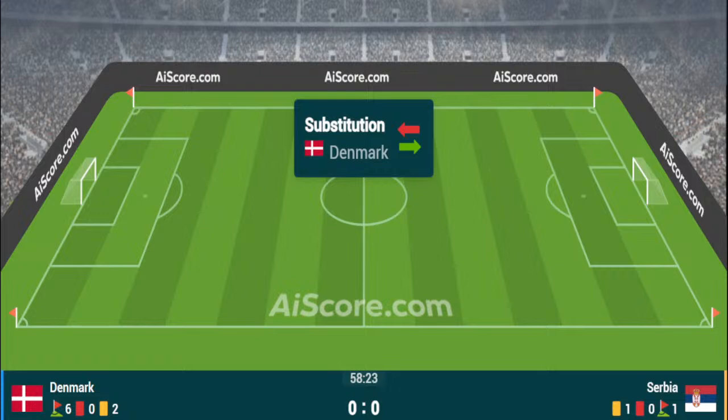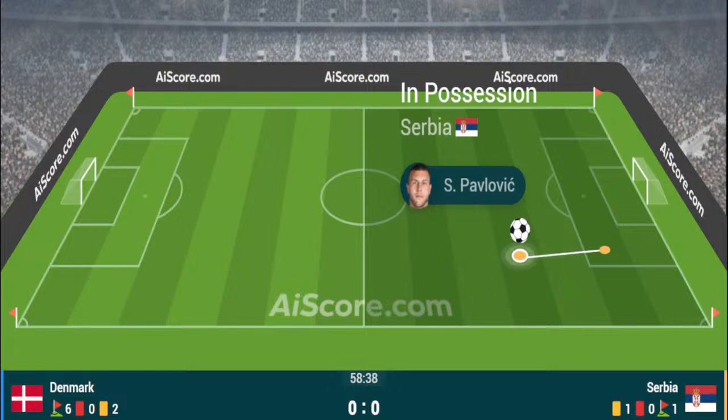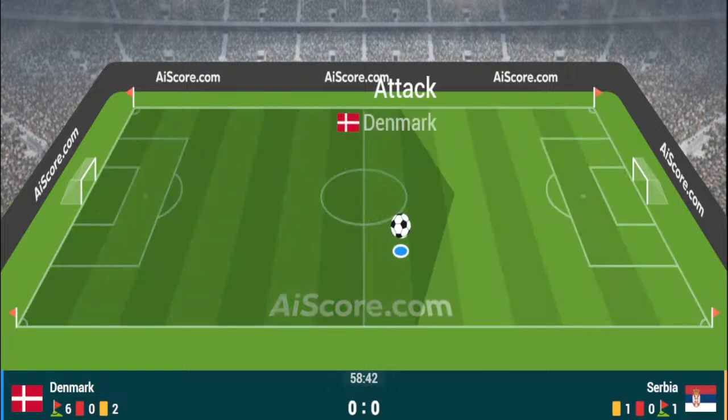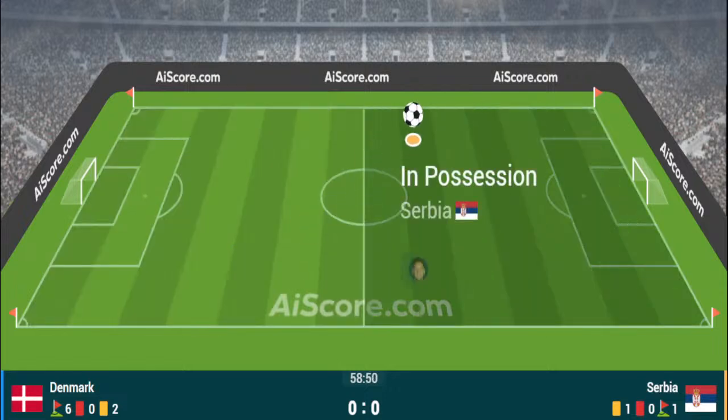And it is Denmark in possession inside their own penalty area. Kasper Hjulmand takes a touch with his right foot and then launches it away with his left foot. Now Christian Eriksen inside his own half. Christian Eriksen with a searching ball to the right hand side, looking for the run of Skov-Olsen. Skov-Olsen, can he keep it in play? No, his touch was far too heavy. It's a shame from a Denmark perspective because he was in a really good position, and it is going to be